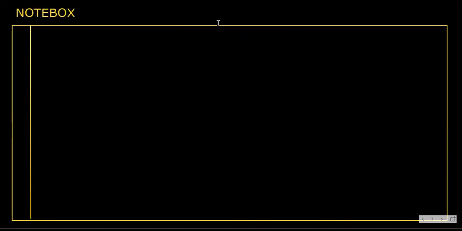This is note box or formula box, whatever you want, you can give name. नोट बॉक्स बोले, ठीक है. Okay. We will say note box.